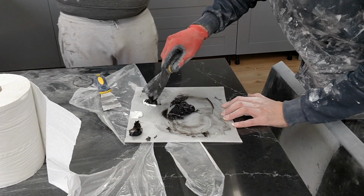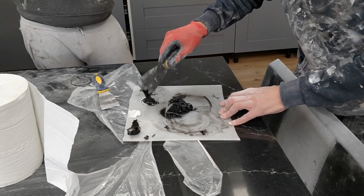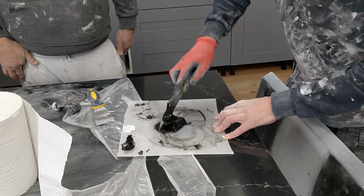So what's the white one? It's hardener. Yeah. It accelerates the...